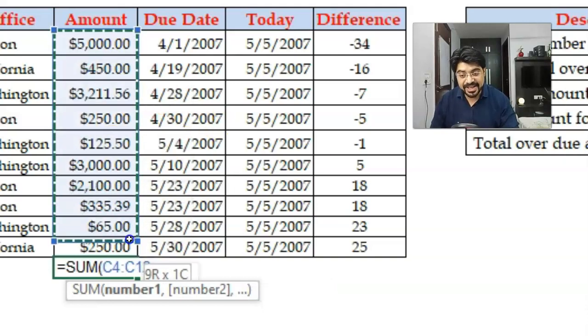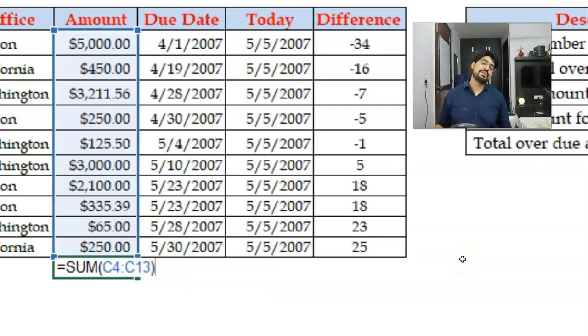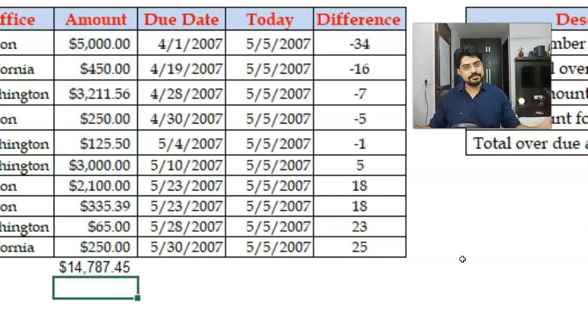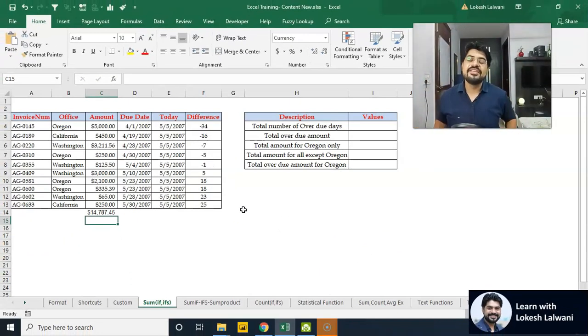And finally, at the end of it, we have to close the parenthesis and then press enter. Also, although it is not important, when you talk about nested functions, it is very much important. So always make a habit of closing the bracket. So I'm going to hit enter and there we go. We got the sum, right? So this way we write a function. Always follow these steps and you will get the result all the time, right? Always follow. So I hope you enjoyed it. You got the idea of how we can do it.